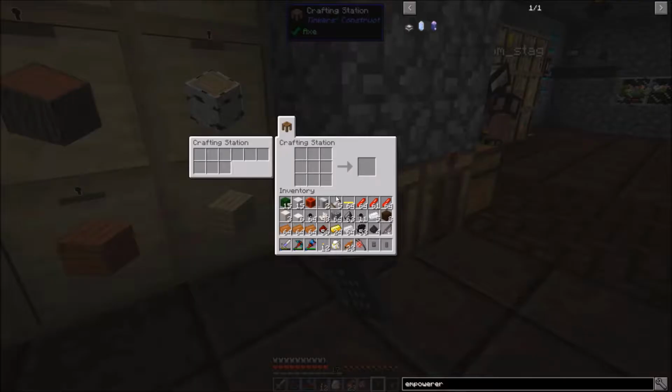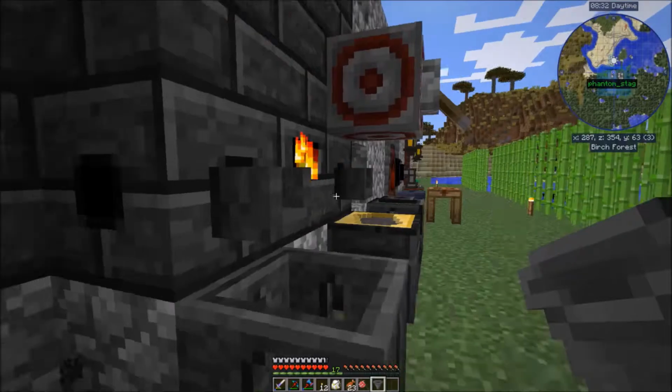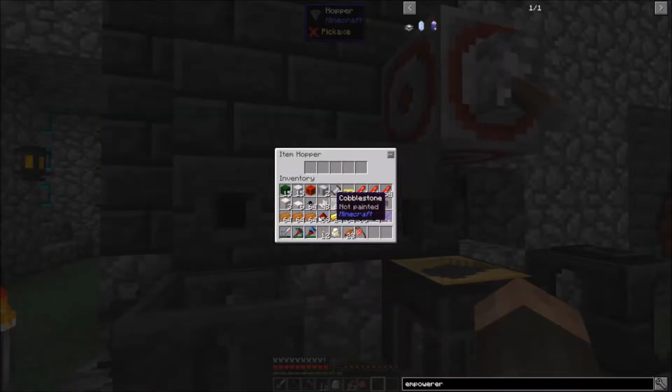8? Yes, 8. So, a chest, and our 5 aluminum gives us a hopper. And we're going to go outside, and I know we can start smelting this other ways, but right now, I'm just going to do that. And we're going to...